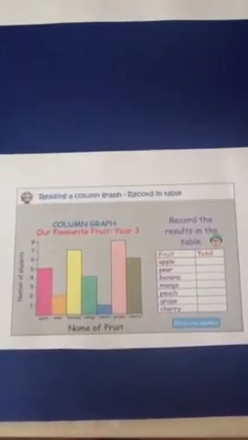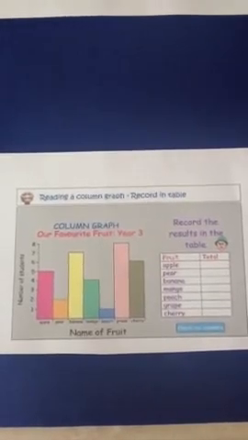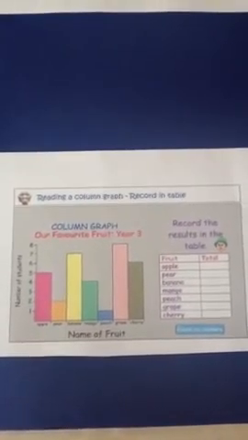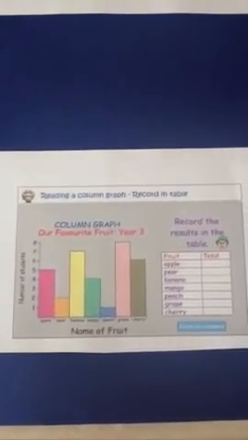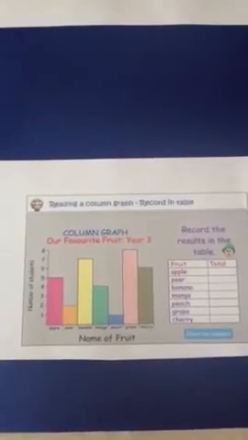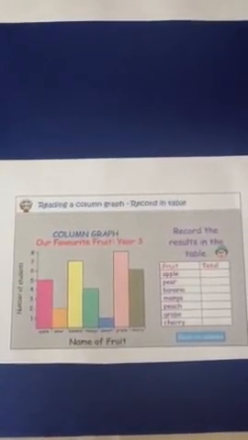Now let's look at our first example. The title of this graph is Our Favourite Fruit Year 3. Every column graph that you make needs a title so the reader can see what the graph is all about. Now the next thing we can look at is the horizontal axis, which can also be known as the